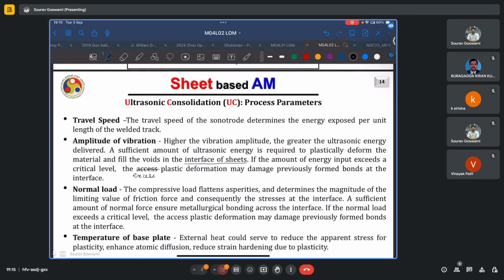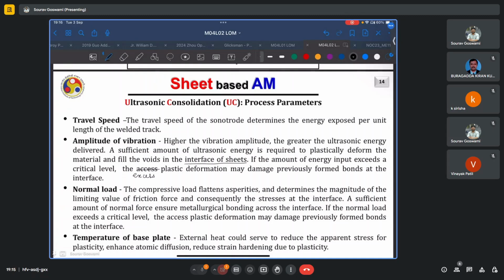Next process parameter is the normal load. This compressive load flattens the asperities and determines the magnitude of the limiting value of friction force, and consequently also the stresses at the interface. A sufficient amount of normal force ensures sound metallurgical bonding across the interface. If the normal load exceeds a critical level, the excess plastic deformation may damage previously formed bonds at the interface, similar to